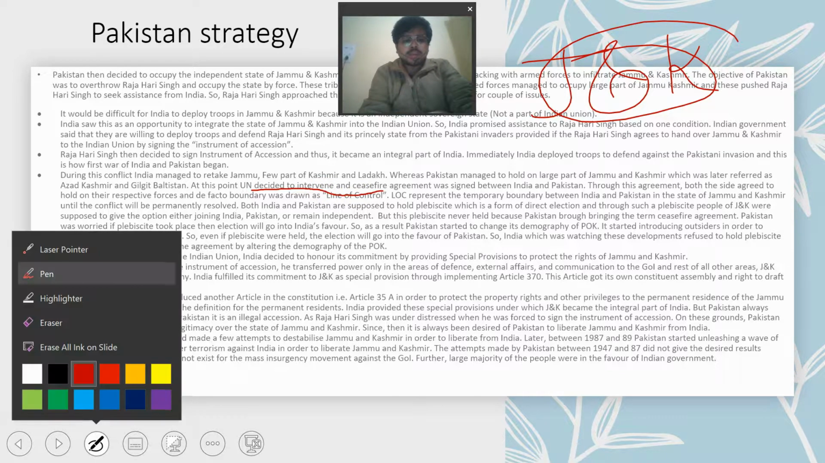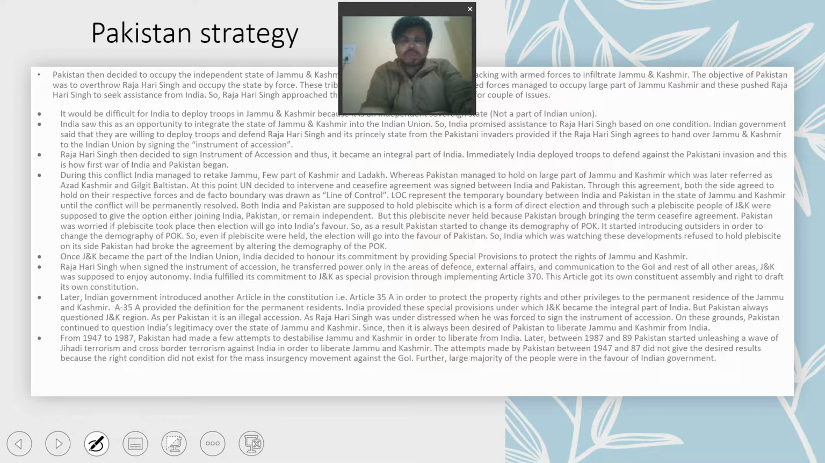At that time, you will see that Operation Parakram will happen in 2001. At that time also an army standoff happened. So it is after that, I think 40 years after the ceasefire agreement and all. So at that point, when this